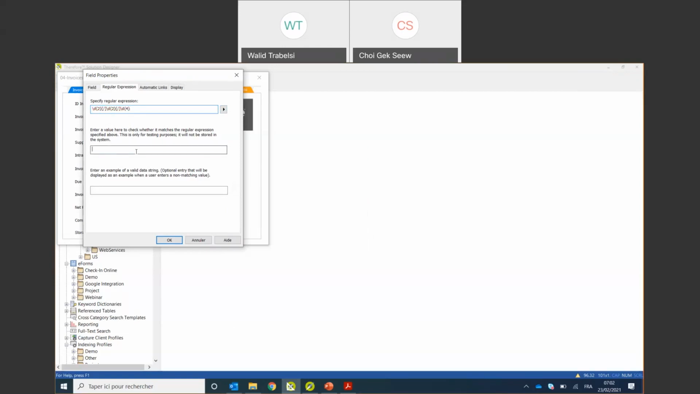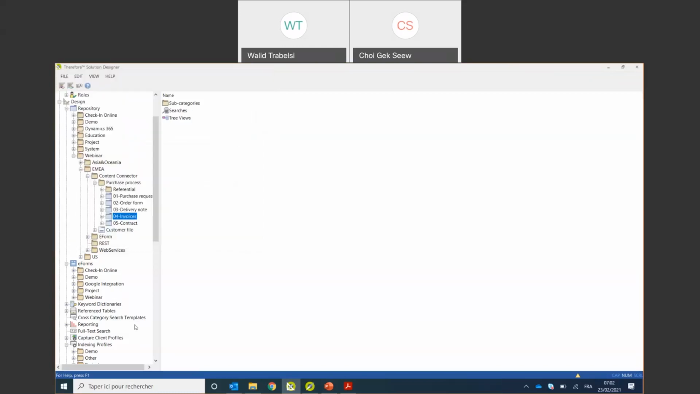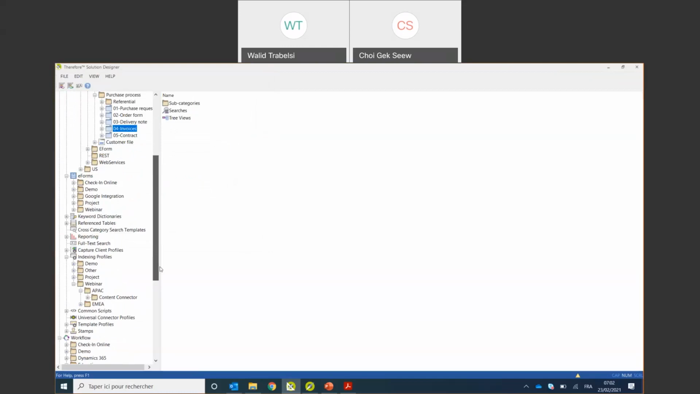And just here you can test your regular expression. So for example, 1 doesn't match, 1 doesn't match, and it matches. You see? Because it matches, it means it's a correct regular expression. So let's copy this regular expression, close this, go back in the indexing profile,